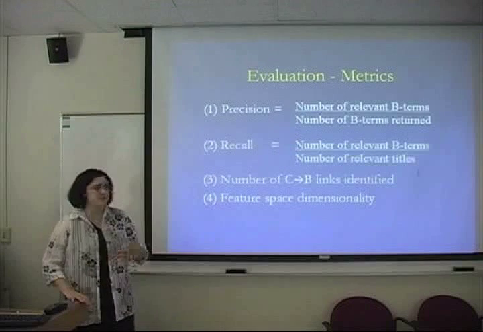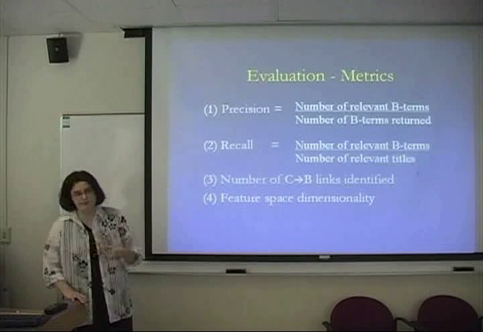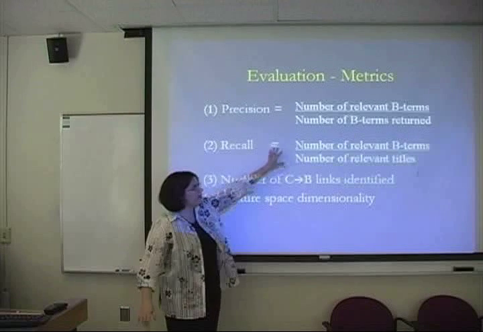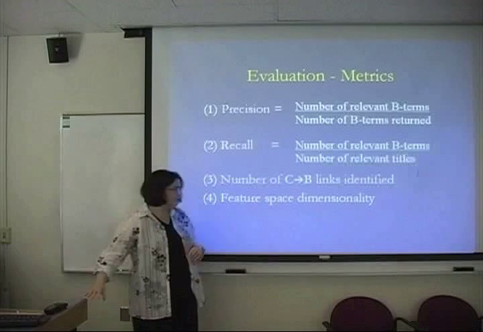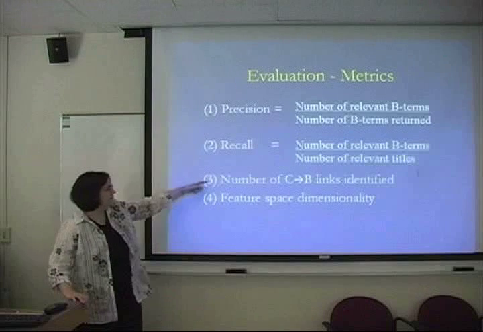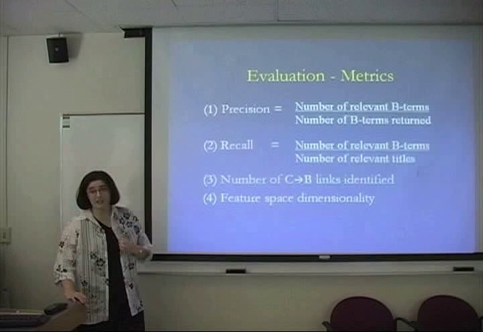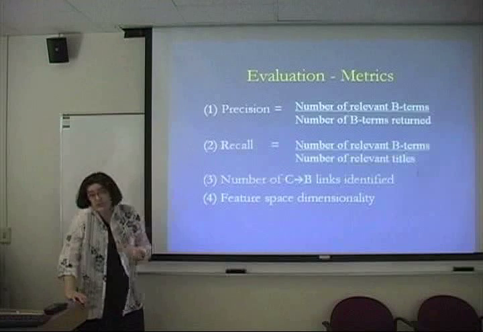Recall was how many of those 11 you actually got back. This used the total number of relevant titles, and the second kind of evaluation was looking at whether you could actually get those 11